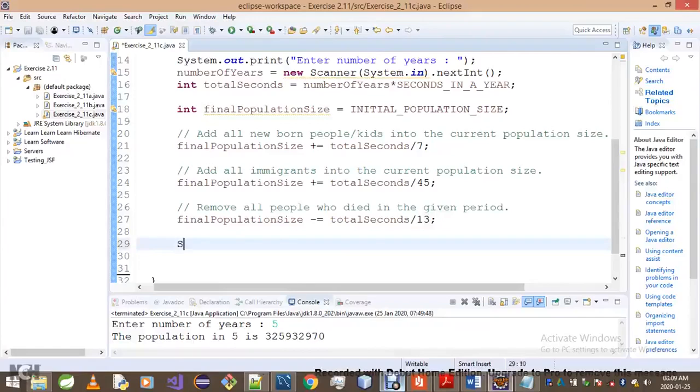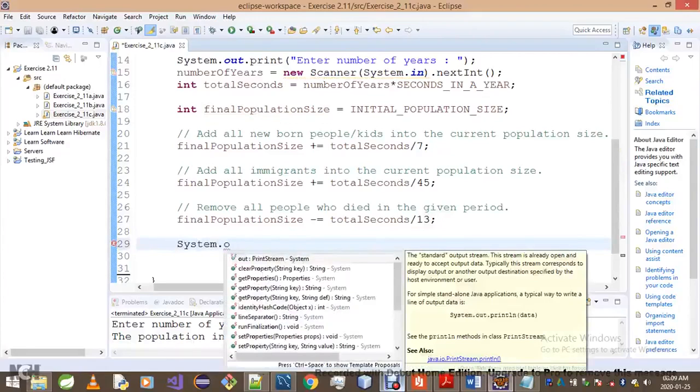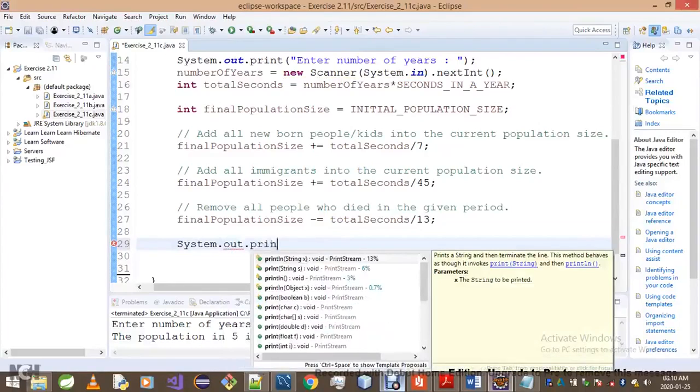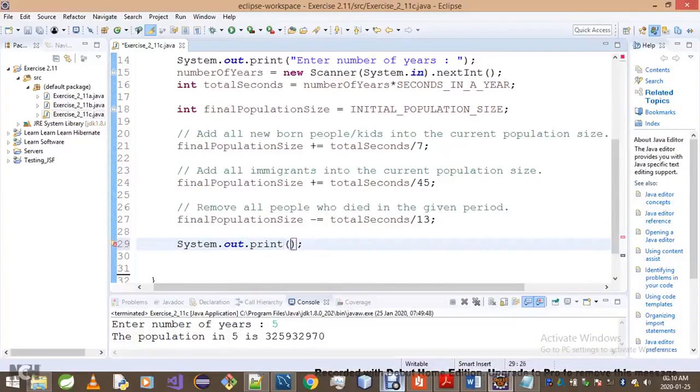You see, what we used to do, in fact what we did on student A and B's solution, is we said system.out.print the population, and our output looked something like this: the population in number of years is